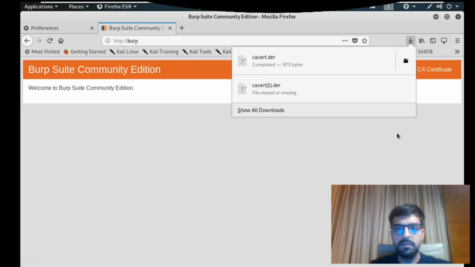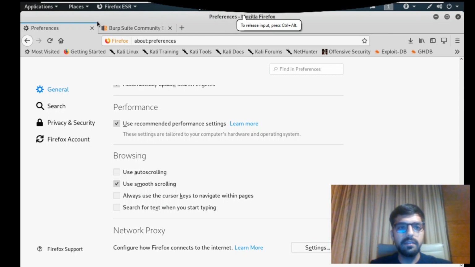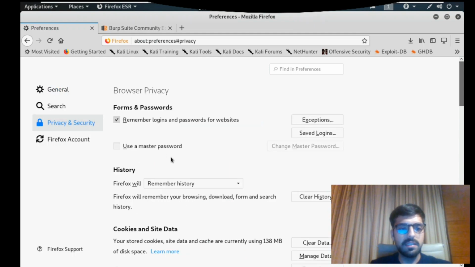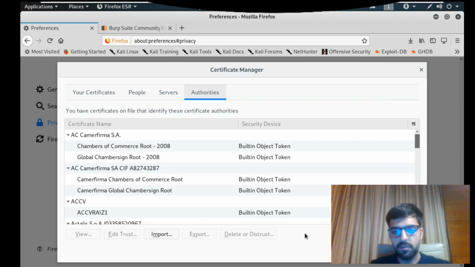Okay. Now for adding the CA certificate in your browser, you need to go to the preferences tab, then go to privacy and security. Here you can find the certificates option. Here you can go to the view certificates option. There are multiple options like your certificates, people, servers, authorities.